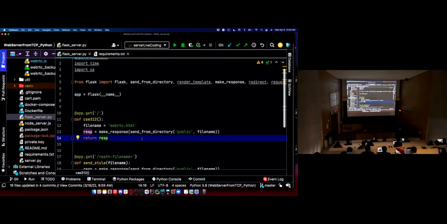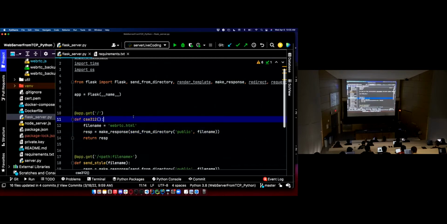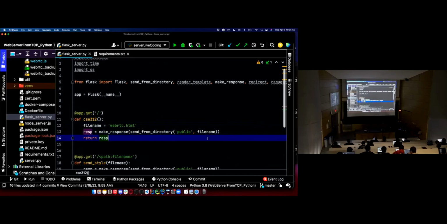Okay, so let's try to do a Flask report. Which one do I want to try to find? Let's try parsing a request. Let's try to parse a request to figure out how to handle this GET request for the first slash. How do we actually get that, parsing the request line? And parsing headers will probably be right next to that code, so let's find that too. So parsing requests. Flask is doing that for us. Where, how, what's it doing? We want to get into the Flask code to the point where it's actually parsing that request line and the headers.